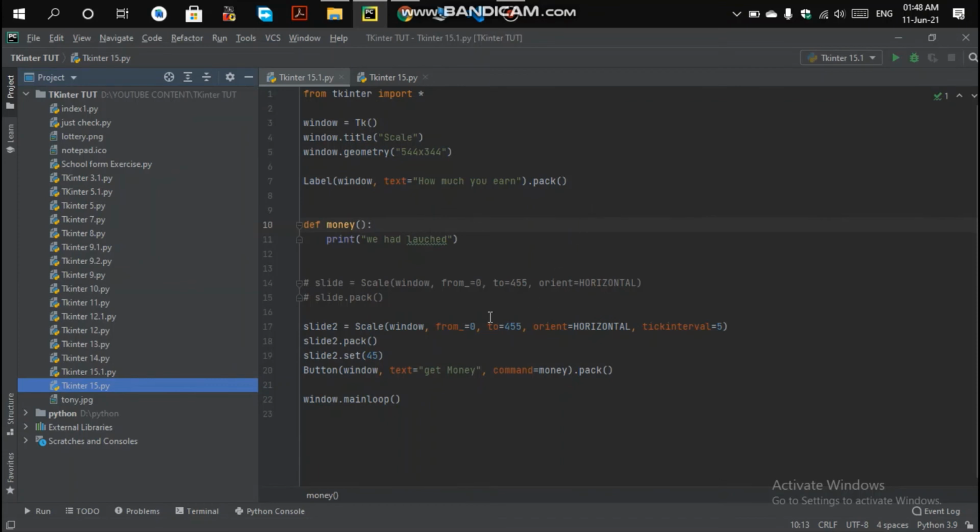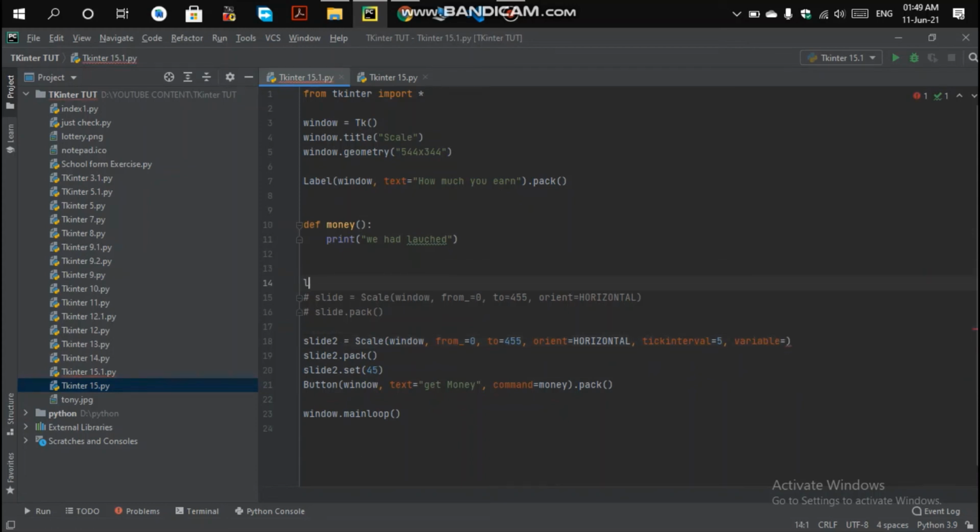In the scale parameter you can give a variable, so let me create a variable here. To create it, I write L1 equals DoubleVar, giving the variable as L1.